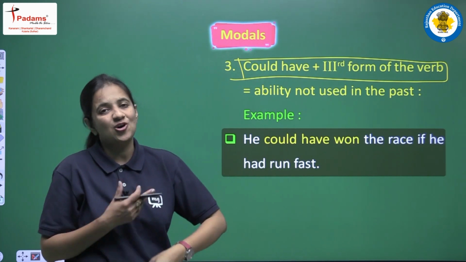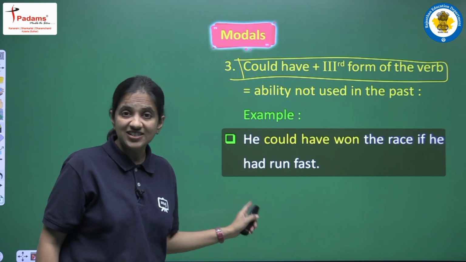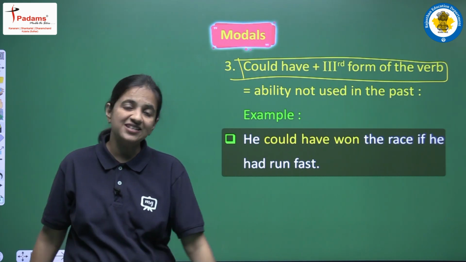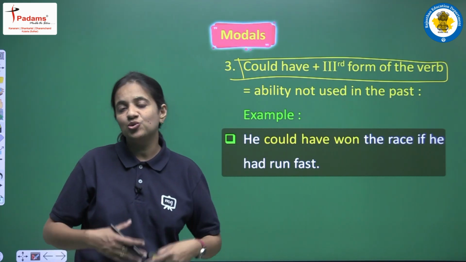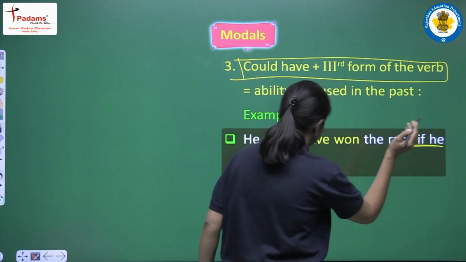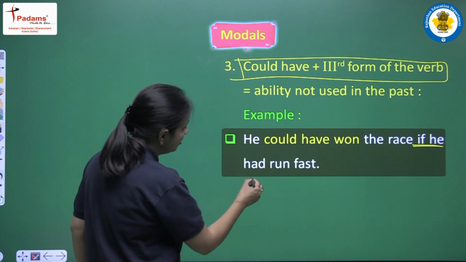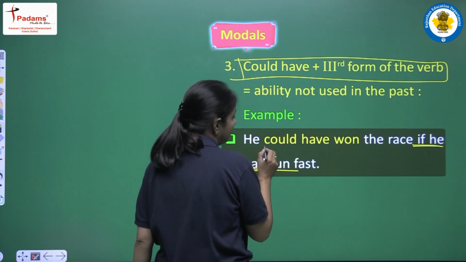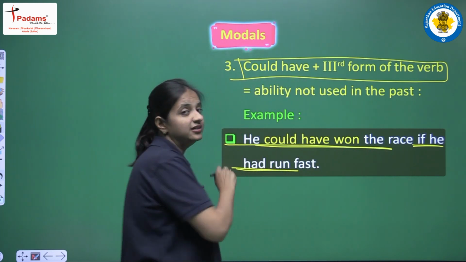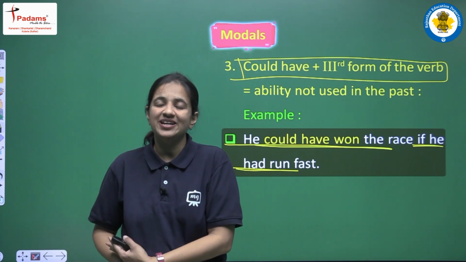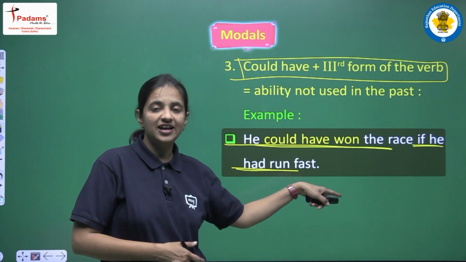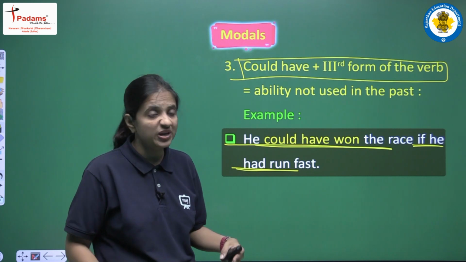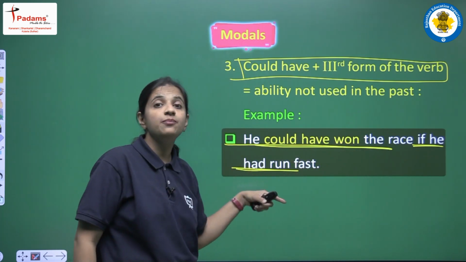So students, are we able to recall something here? Yes, this is the conditional sentence that we have discussed in a very detailed manner when we were studying our topic tense. This is the conditional sentence in which we are having two clauses. We are having one condition here, if he had run fast, and here we are having had run. Had run means past perfect tense, and this is the reason we are having could have won here in the result clause. When we read conditional sentences, then also we discussed this structure, that this word could can be used in a conditional sentence, but the condition clause should be in past perfect tense.